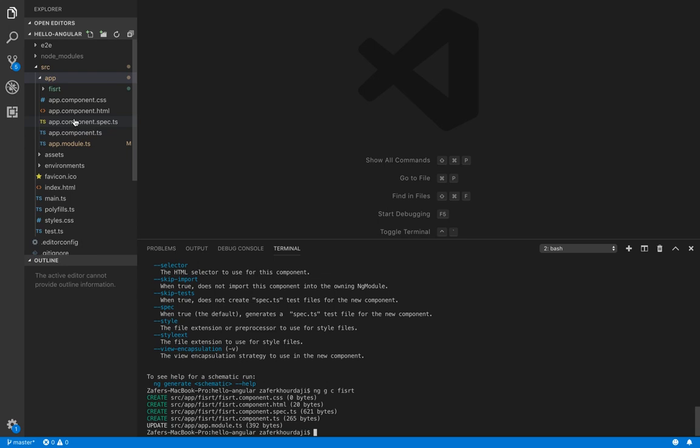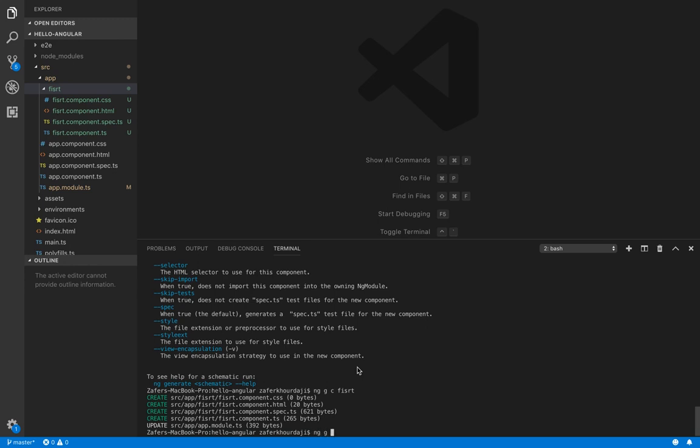All right, so notice it created a directory for us, and all the files related to that component are inside. But notice there's a typo in the first, and I actually intentionally made that typo to demonstrate that sometimes it's a good idea, before we go ahead and execute a command, to know what Angular CLI will create before it actually creates it, if that makes sense. So there's a command called the dry run. So let's do